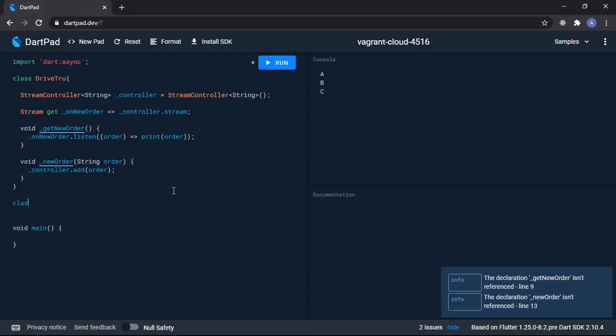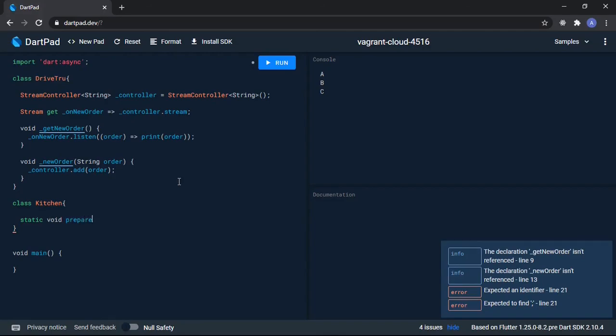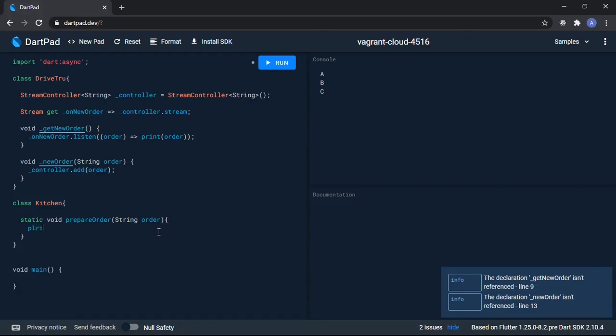So I'll just make another class to make this more fun. I'll call it kitchen, and all I'm going to do here is just say void. Actually, this is a chance to show you a class method, since you've been seeing instance methods like this one, which you can only call with an instance of your class. But now if we say static, right, and then I'll just give it a return type of void, and I will call it prepare order, right, which takes the order to prepare, and then I'll just say print